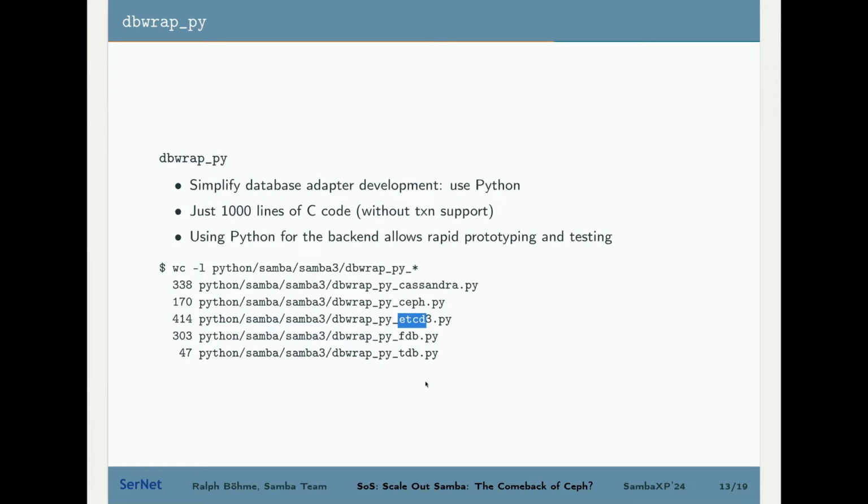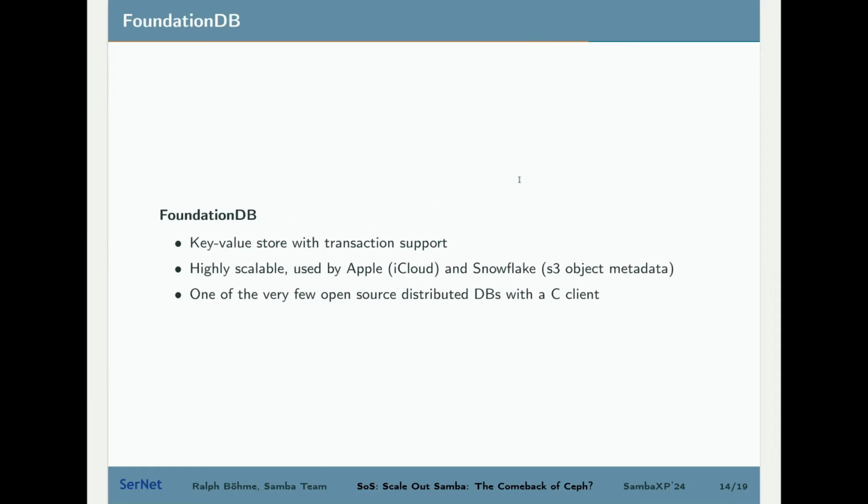This one is for etcd. I funnily also wrote one for Samba's own TDB, which will just go locally to our own TDB database. And this one is FoundationDB, and that's the one, hopefully, I'm continuing with on the next slide.